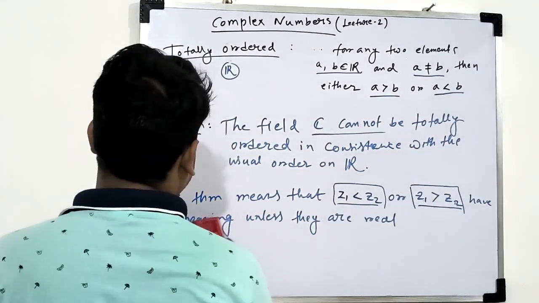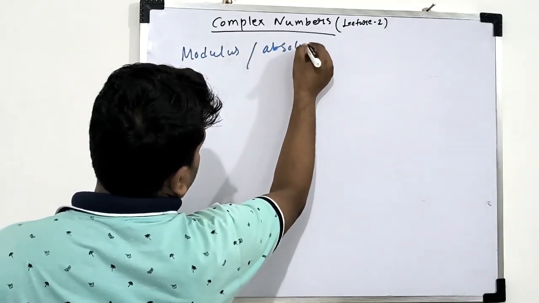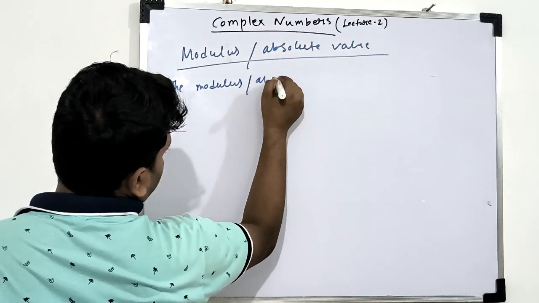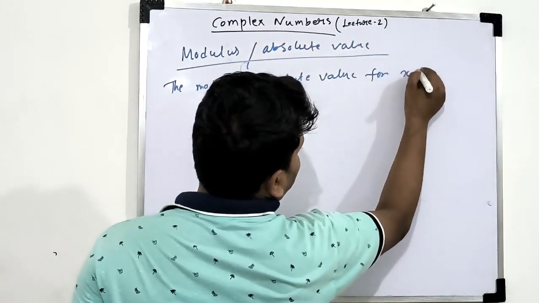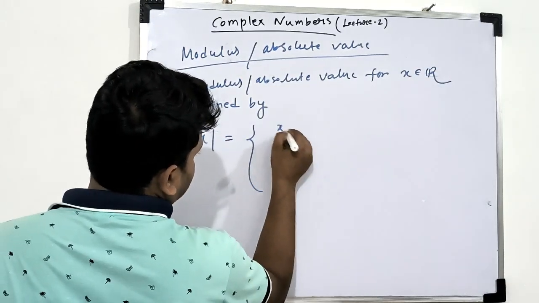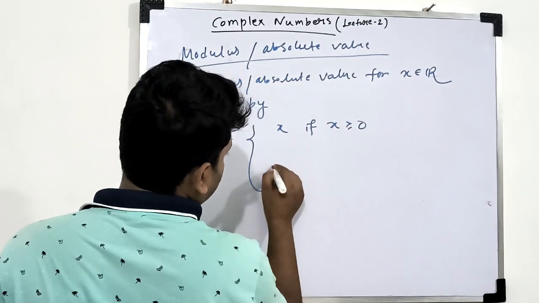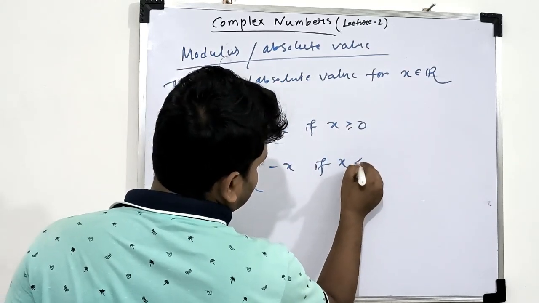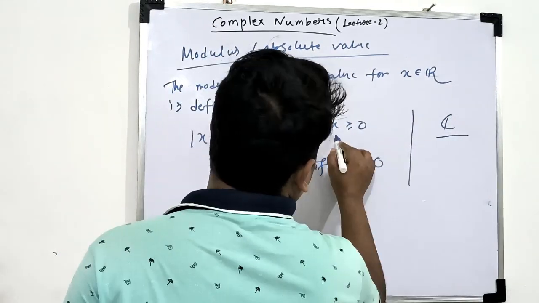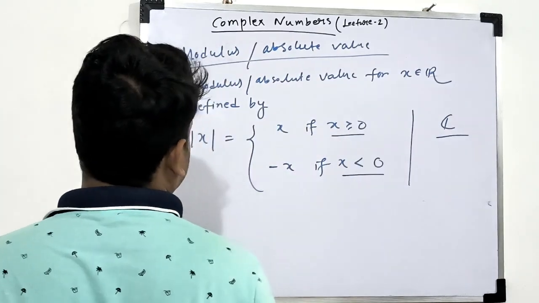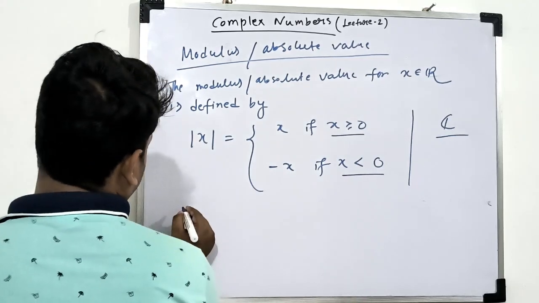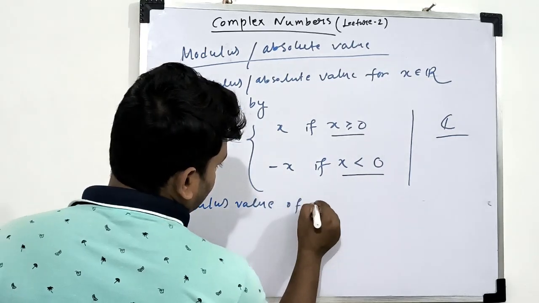Now we discuss modulus, or absolute value. The modulus or absolute value for x belonging to R is defined by modulus x equal to x if x is greater than or equal to 0, and minus x if x is less than 0. As C is not totally ordered, there is no condition like this. So in complex numbers there is no such definition for modulus, but we denote